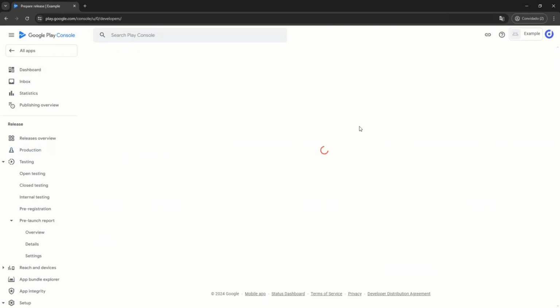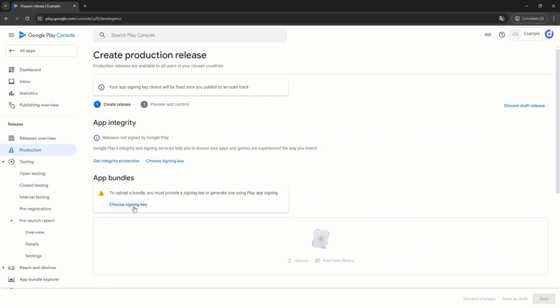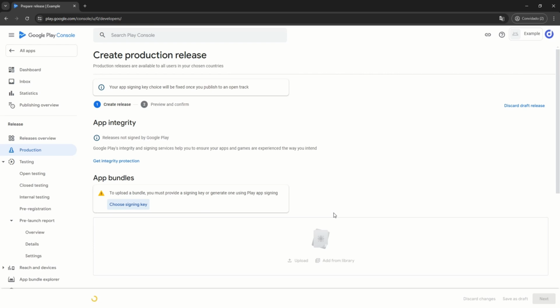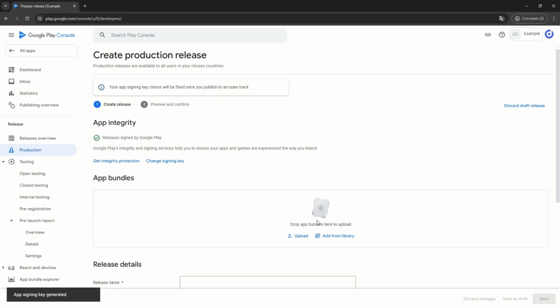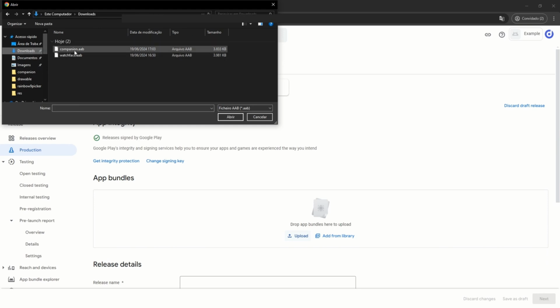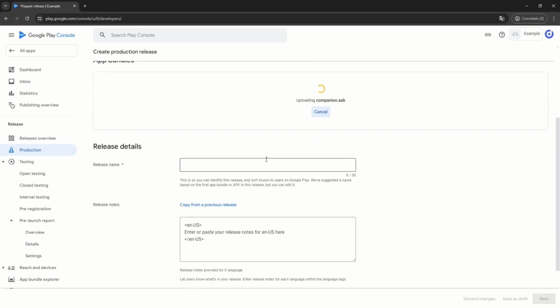In this new window, click on Choose Signing Key, then use Google Generated Key, and wait a few seconds. Click on Upload and select the companion.aab file we generated in Android Studio. While it uploads, you can fill out the details form.